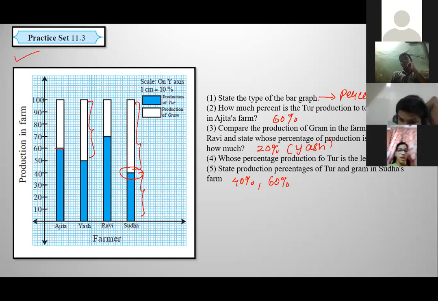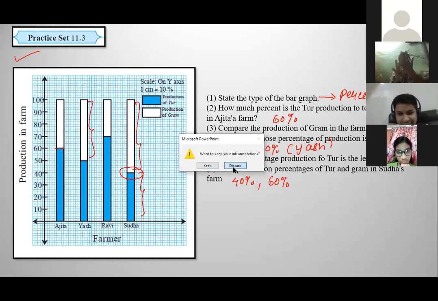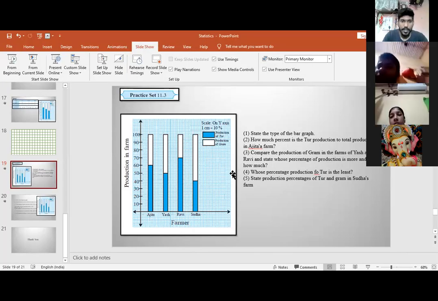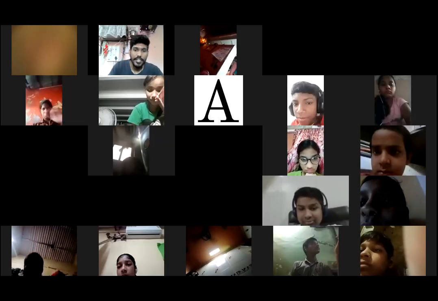So that's it with statistics. We have finished with the chapter of statistics. Third sum, there is no need to do. First one, homework. Second one, I've done. Is it clear? Yes, sir. So only first and second. And in my next class, I will start with a new chapter, and that is circles.